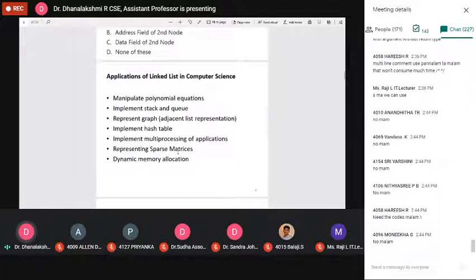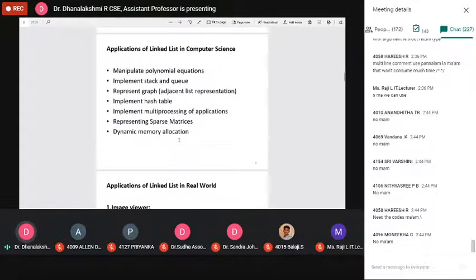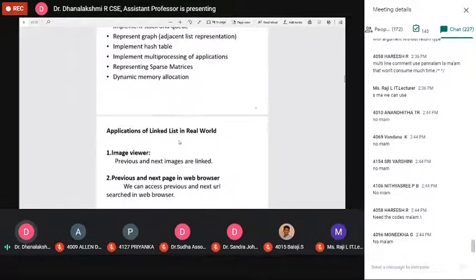If we are using the linked list concept, we are accessing only non-zero values. The zeros we don't bother about. That means we need not allocate memory space for the zero-valued elements. Since we consider only the non-zero values, it automatically reduces our memory size. That is the concept of representing sparse matrices using linked list, with dynamic memory allocation as usual. These are the general applications of the linked list in our computer field.